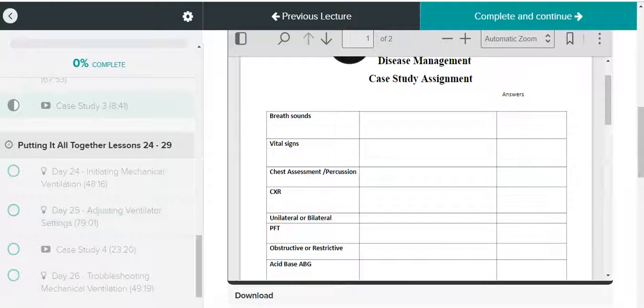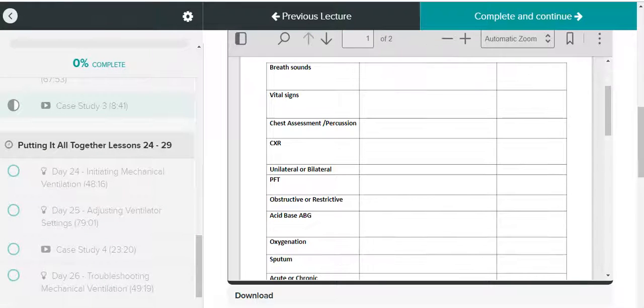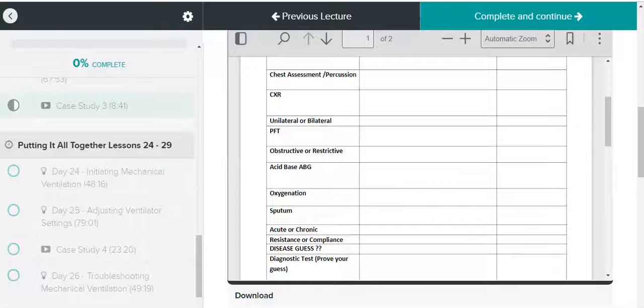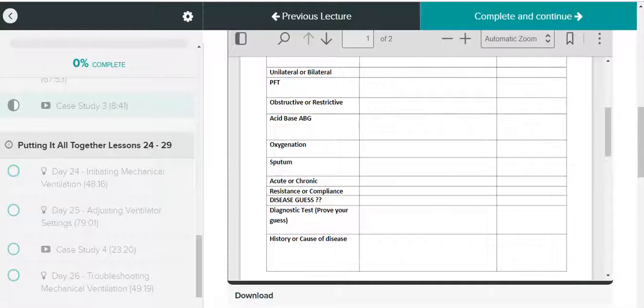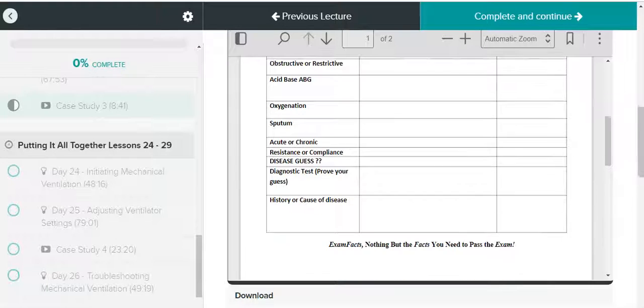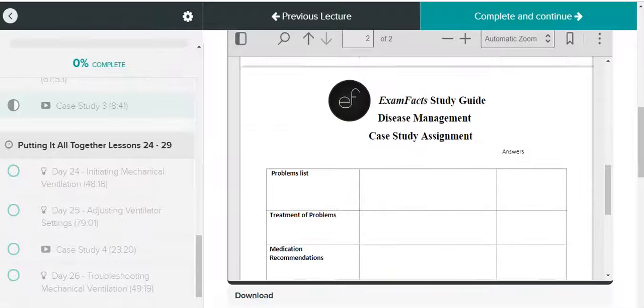Okay, so this is what I meant. The case study assignment is very, very similar to what they've been taking notes on, except here they're writing it down and then trying to figure out what it is. So at this point, they have to guess what disease it is. And then diagnostic test, what's going to prove that, talk a little bit more about the history, and then give